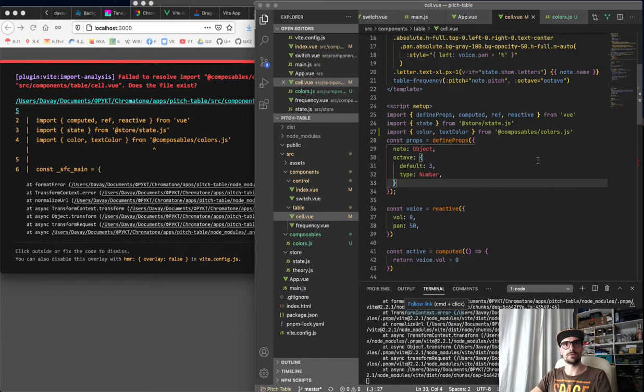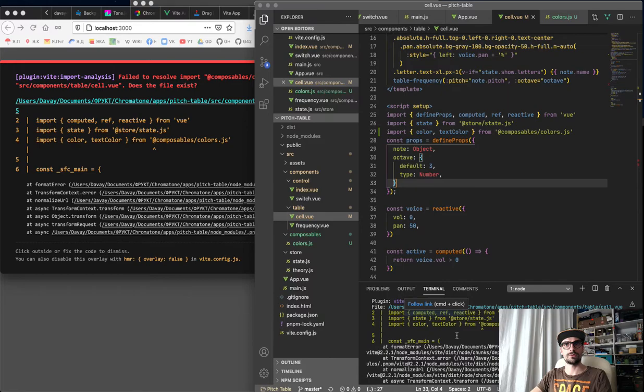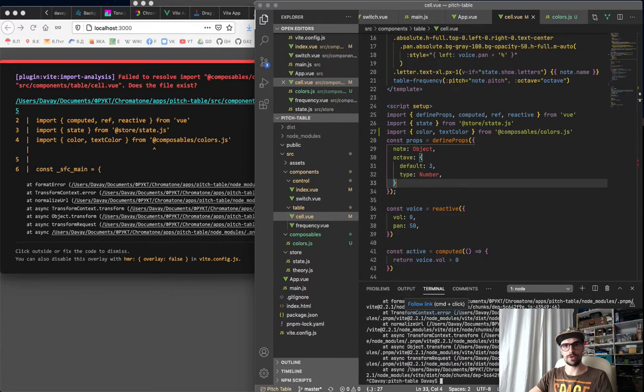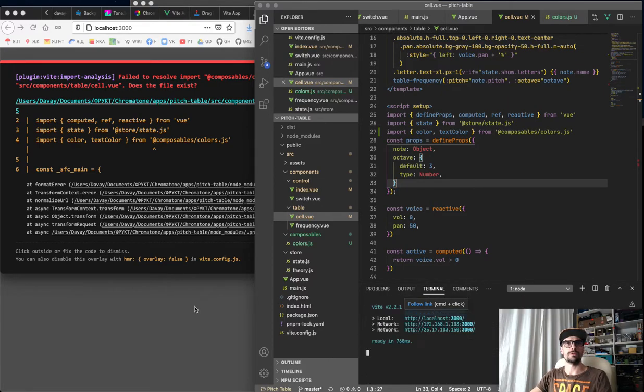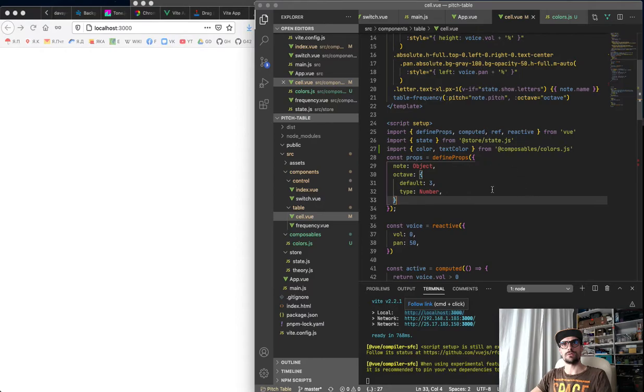Composables. Why not? Okay, I've created it, but Vite needs to be reloaded, restarted to have this new kind of